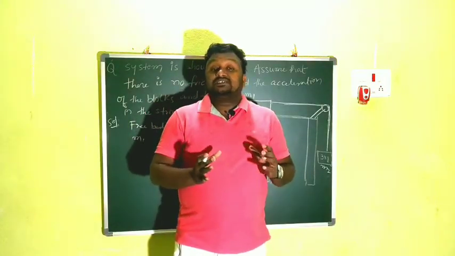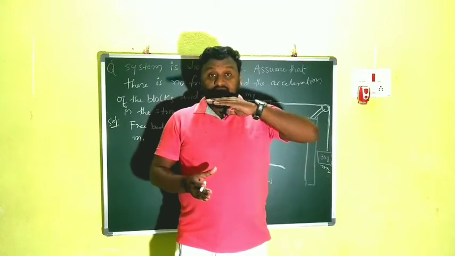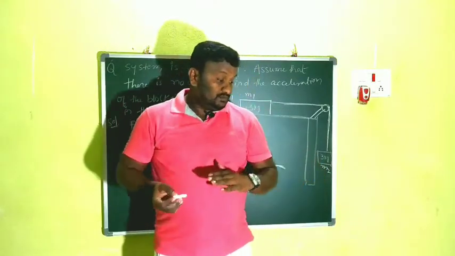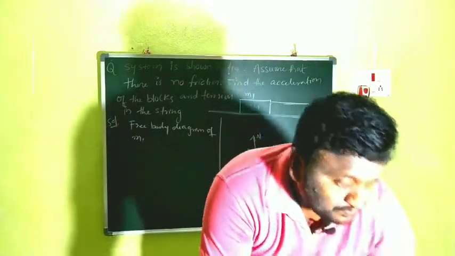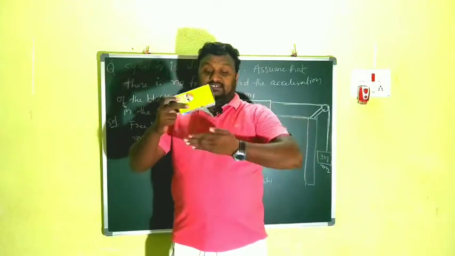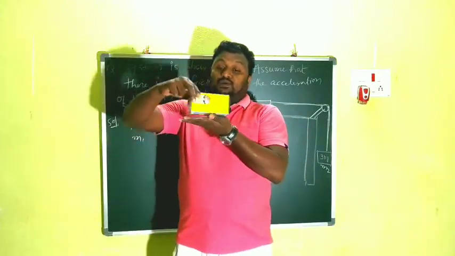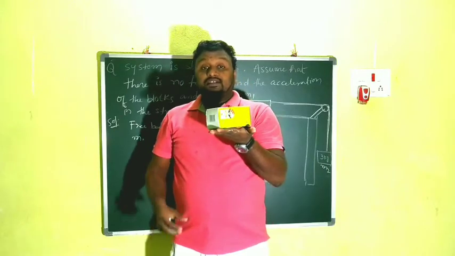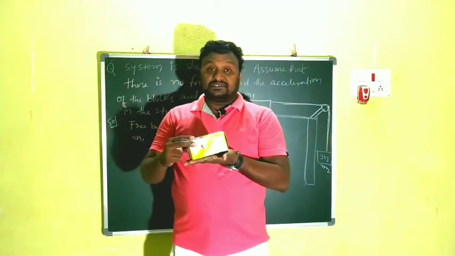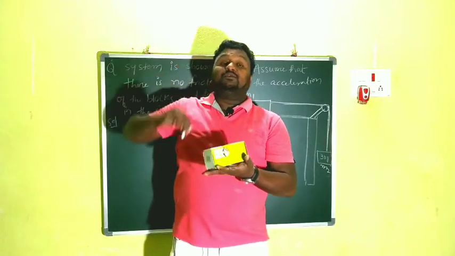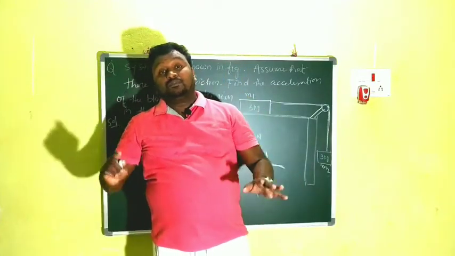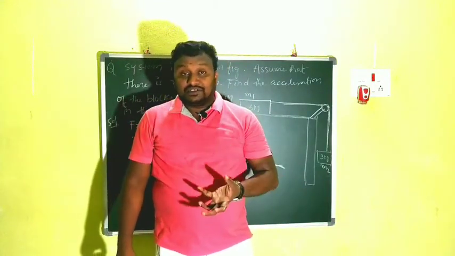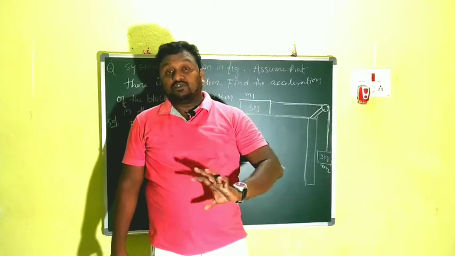When the object is placed on a surface, for example this is the surface, and here I am taking one object, this is the surface and this is the object. Clear? Now this surface and this surface are in contact. When they are in contact, there is some pressure between the particles of the two surfaces. Due to that, some external force acts in the upward direction. That is called the normal force. And what is the weight? Every body is attracted by the gravitational force with a certain force, that is what we call weight.